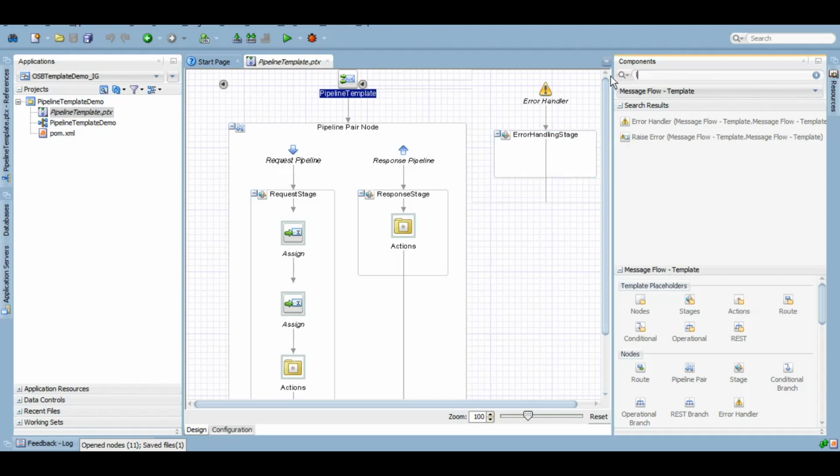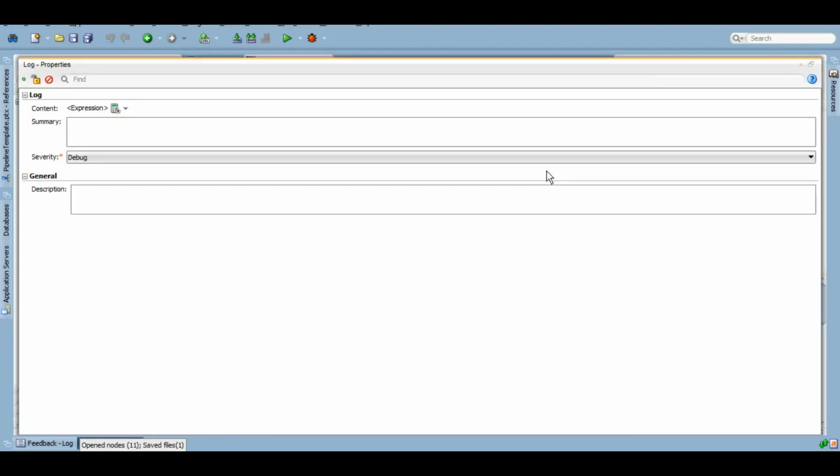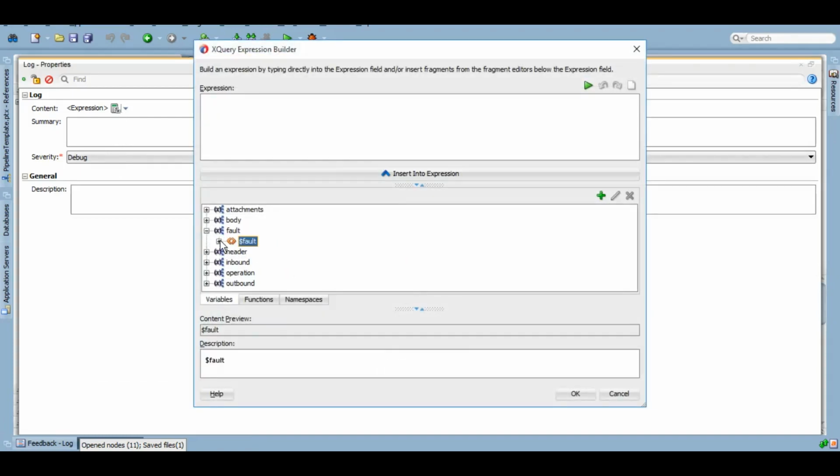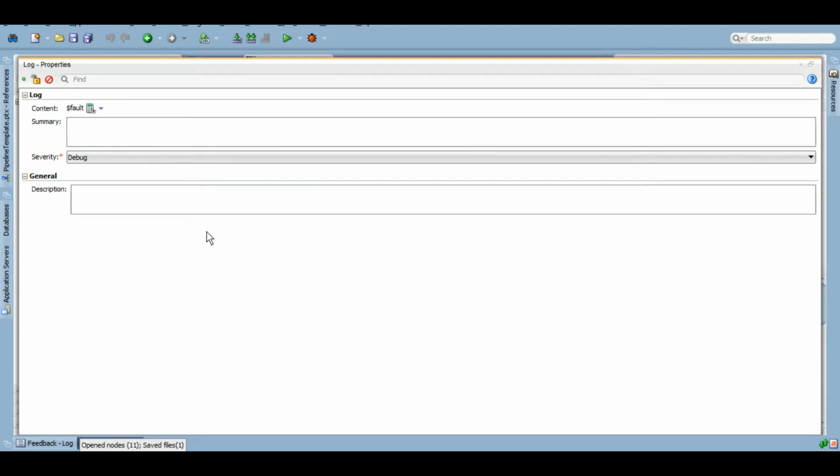Inside this, I want to log the fault variable, and severity, I want it to be as error.